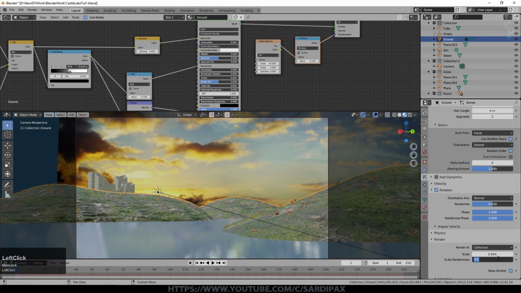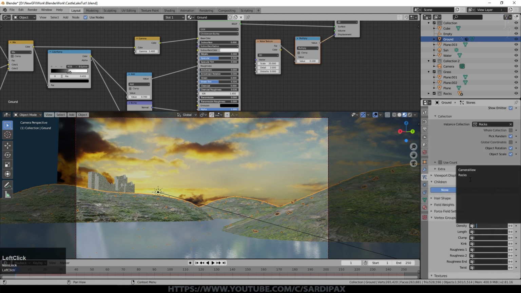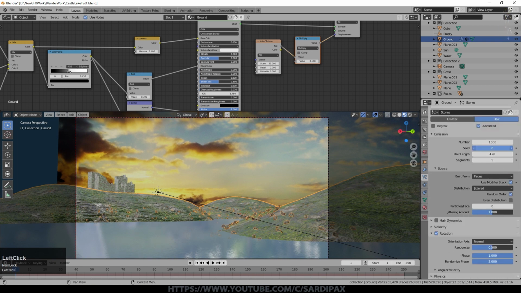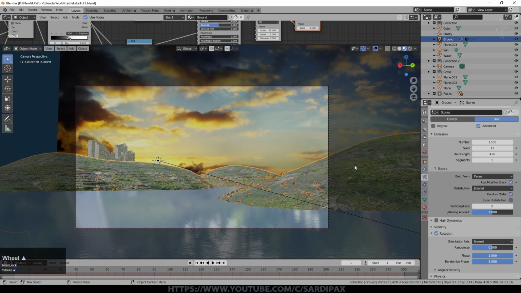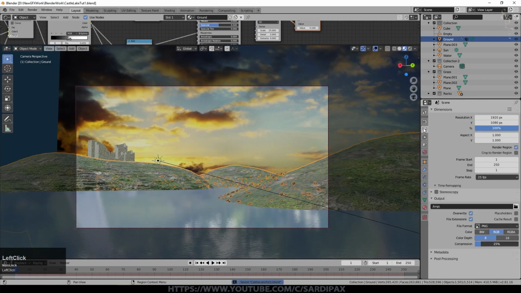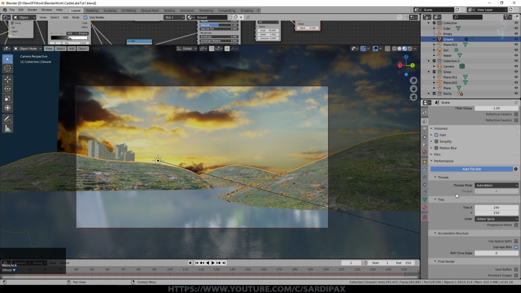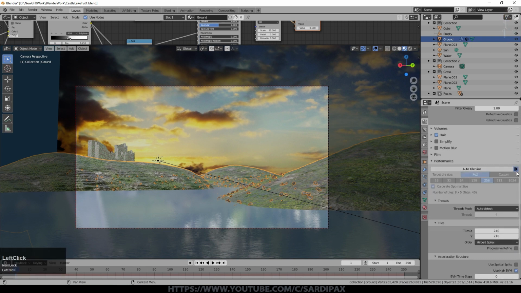But we'll put the randomness up to 0.75 now, which will mean the smallest ones are smaller still. Let's come down here, tell it to use the rocks options, and just randomly change the seed to something else, so it's well away from the other one. And before we give this a final render, let's just go to our settings, under performance. For me, I'm using an NVIDIA graphics card. I generally find I get better performance by turning off auto tile and going to 512, and that seems to give me the best option.